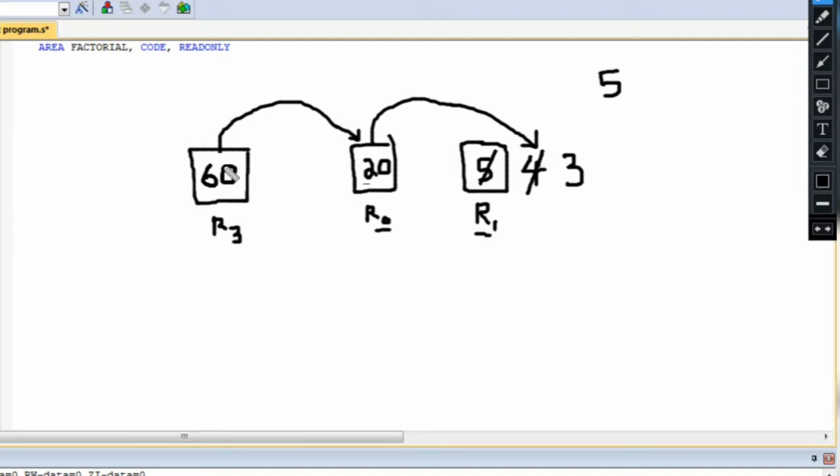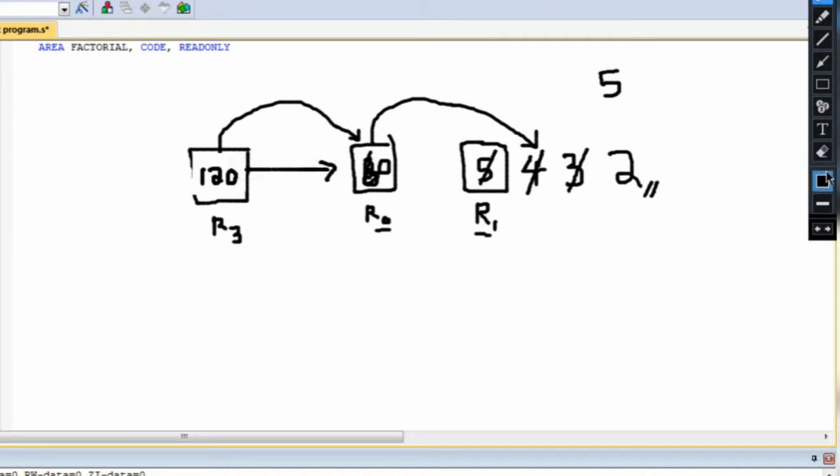Like that, similarly I will do 3 to 2, and before that I have to transfer 60 to here, so this will have 60 now, and then 60 will be multiplied with 2. Okay, that will give me 120. 120 where I will store? I will store 120 in R3. Okay, now it will have 120, and finally I will be transferring 120 to R0.